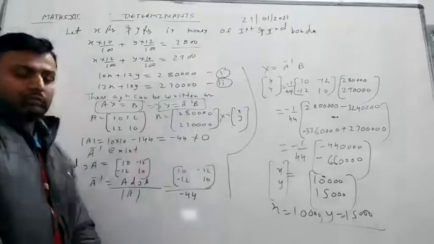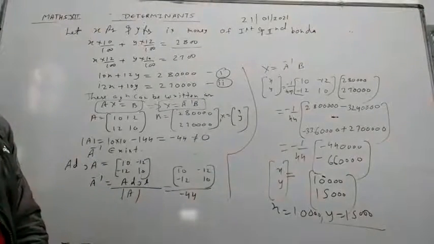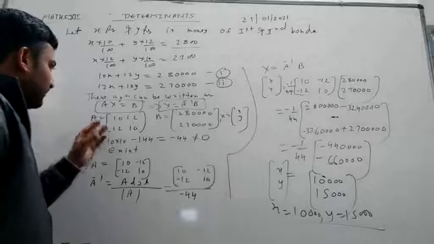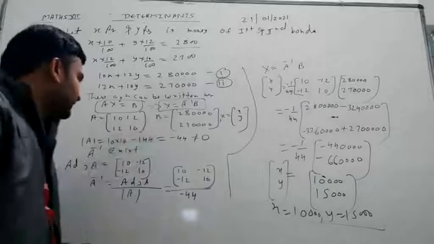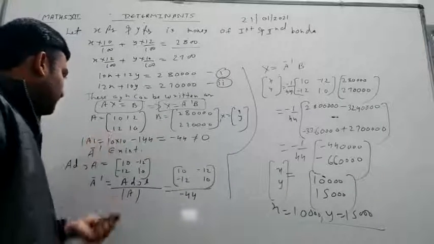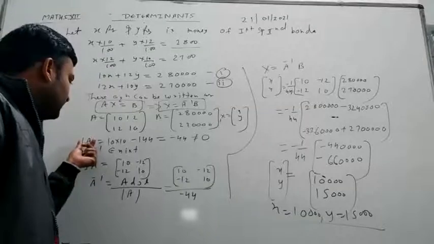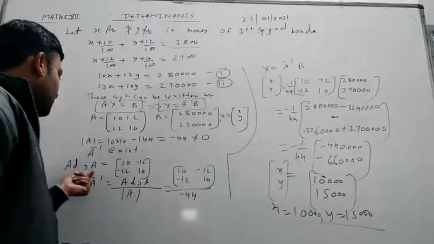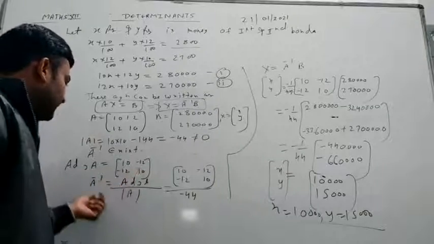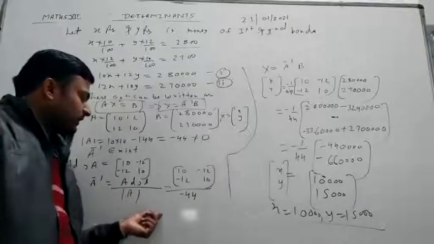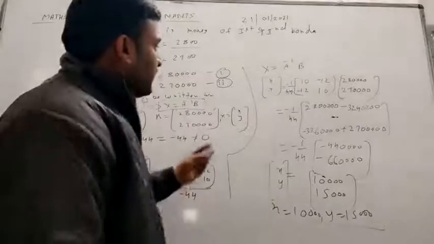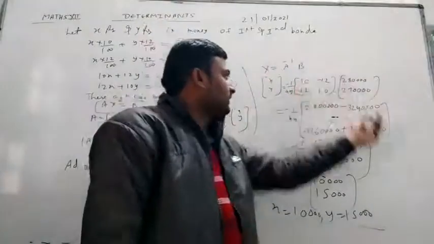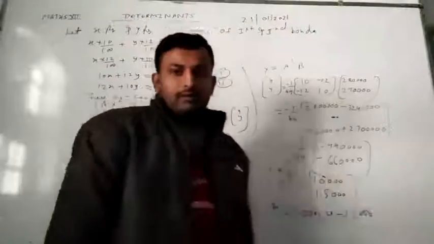Now we have to solve this question by using the matrix method. So we can write in this form. Okay, so A is this, B is this, and X is this. Now for finding A inverse, we find the determinant of A, which is this, not equal to 0. So A inverse exists. Now adjoint will be this, and A inverse is adjoint by determinant of A. Now X is equal to A inverse B, so xy, minus 1 by 44. When we multiply, we get our result.